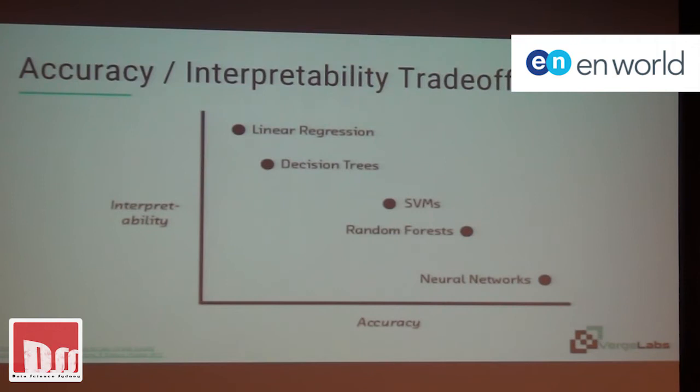So this is something that I found. I don't know if it's that easy to just plot these things on a graph, but it's a broad classification of how predictive some of these models are. So linear regression and decision trees, I guess you call weak learners, are kind of to the left of the accuracy spectrum. I didn't make this graph. I've certainly been in situations where linear regressions can be a lot more powerful. But obviously as you get towards the more complex, the models become more accurate.